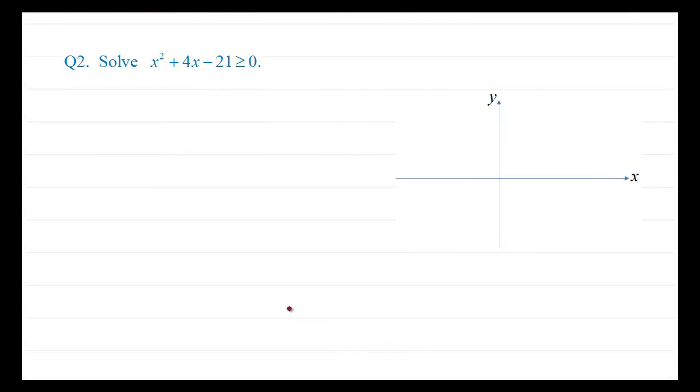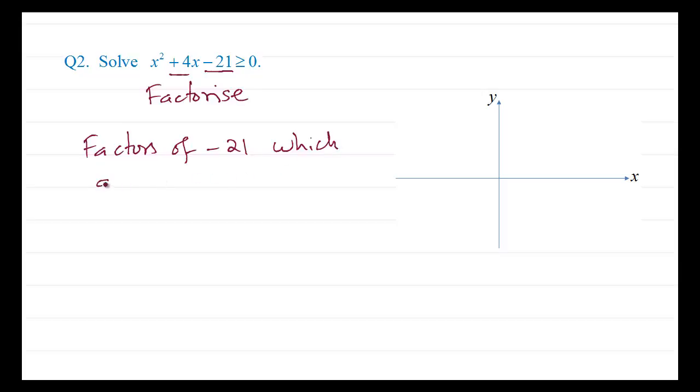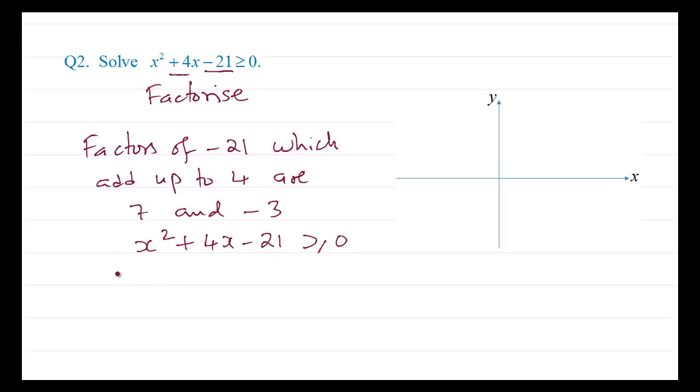Question 2. Factorize first. Factors of minus 21, which add up to 4. So factors of minus 21, which add up to 4 are 7 and minus 3. So x squared plus 4x minus 21 greater than or equal to 0 can be written as